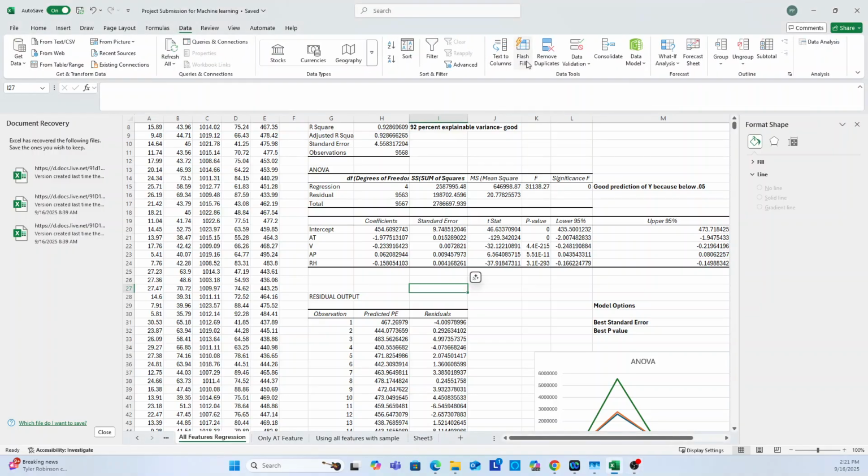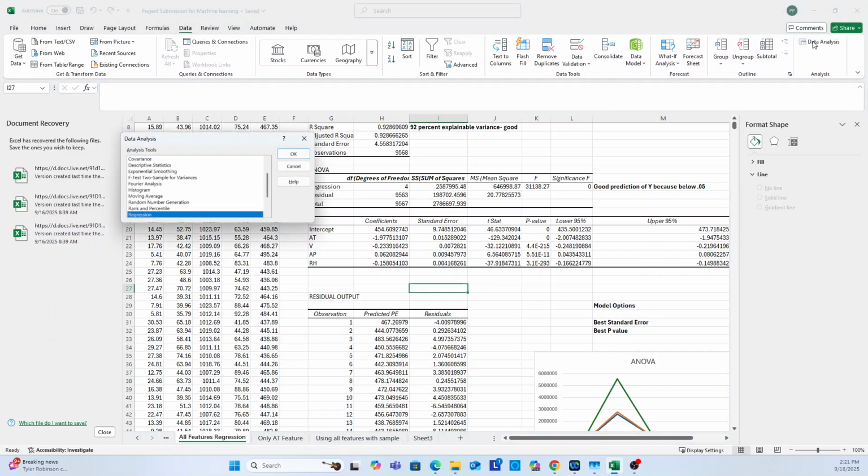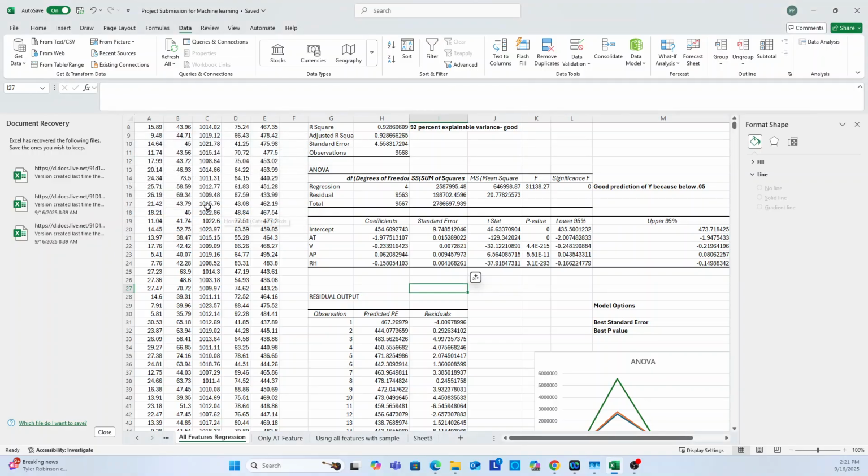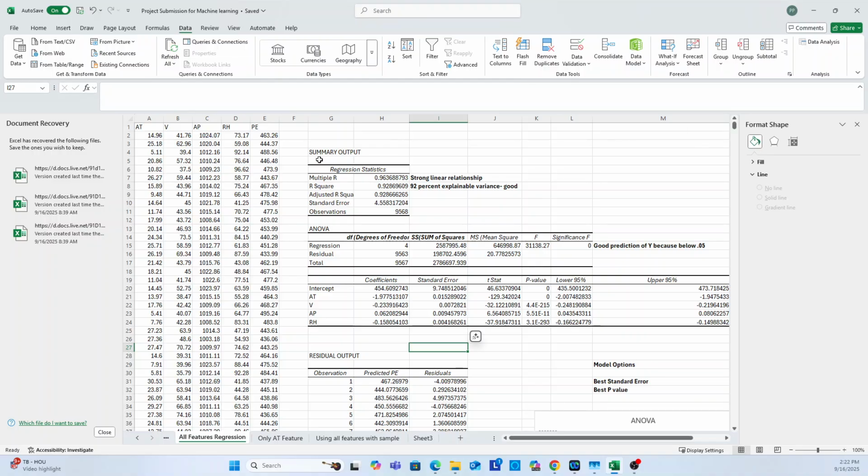install the data analysis area to be able to work with and use regression. We do have already a lot of data coming in, so regression definitely seemed like the correct path to go. And once I ran everything using all of the features coming in with the full body of work, we got a lot of great results out of Excel. It did take a while, but once it ran,